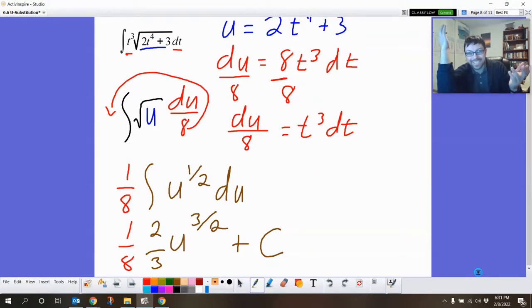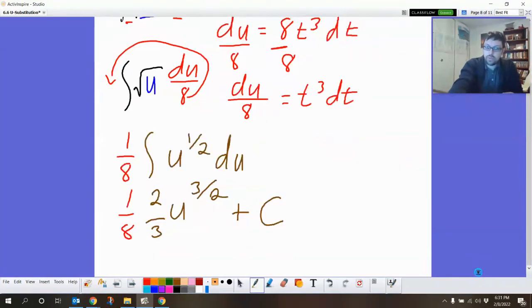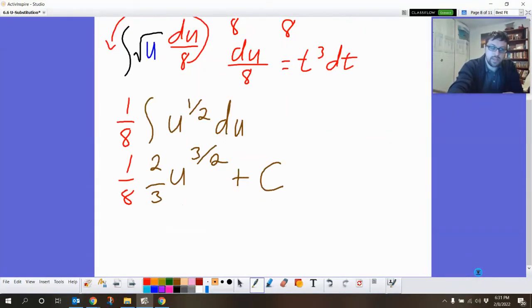But the constant doesn't need it. So this is going to be 2/3 times 1/8, which is a 12th, 1/12, and u to the 3/2